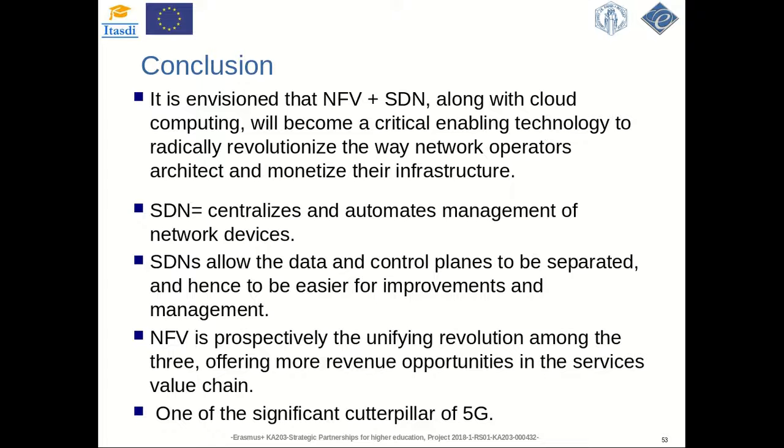On the other side we have network functional virtualization, which is bringing a revolution among the three, offering more revenue operations in the service value chain, giving more freedom and a high level of virtualization. One of the significant pillars of 5G undoubtedly is the core network organized with network functional virtualization plus software defined networking as the basis for the core part of the network.